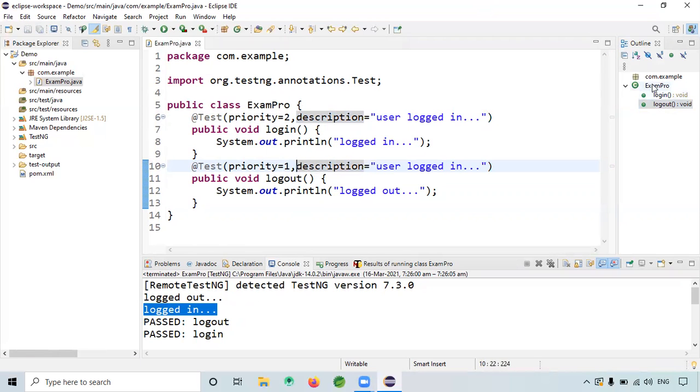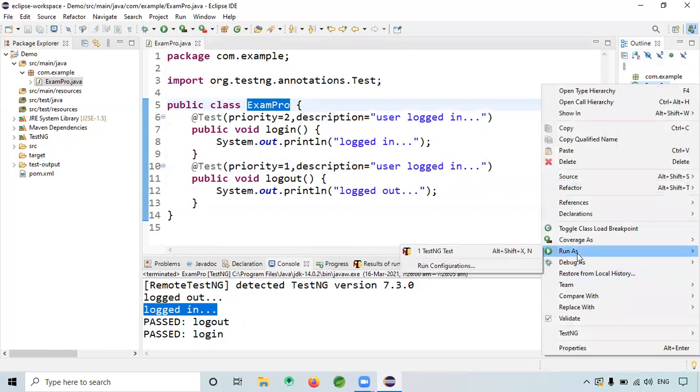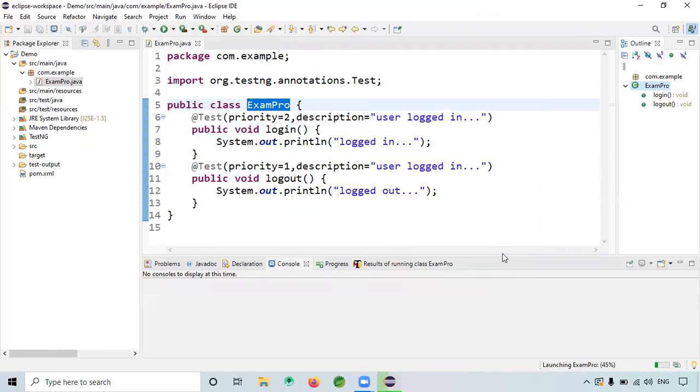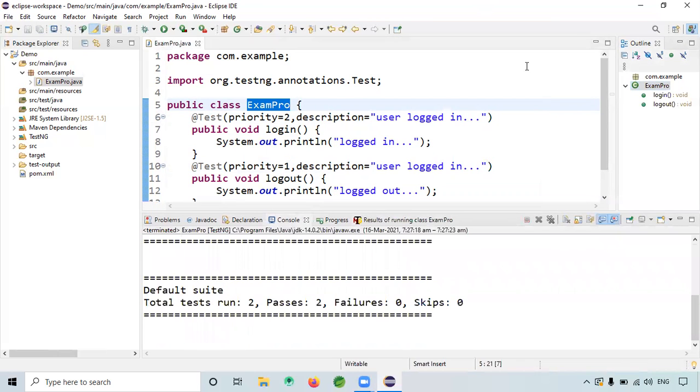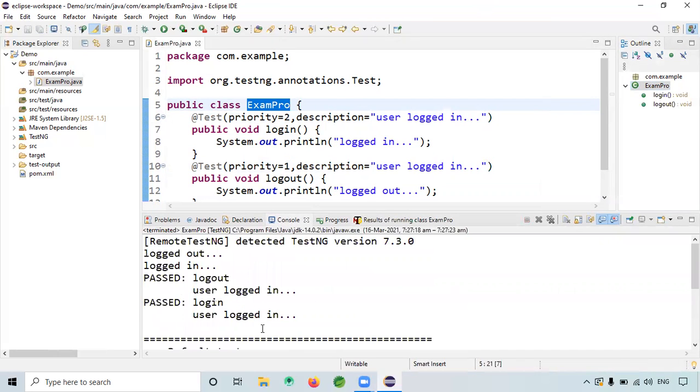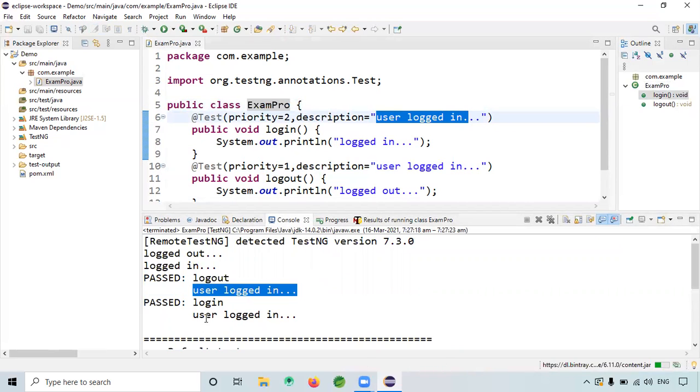So when I run this, logout came. I think I have not changed. See, like that, I've given some description. So it is printing below, after every method.